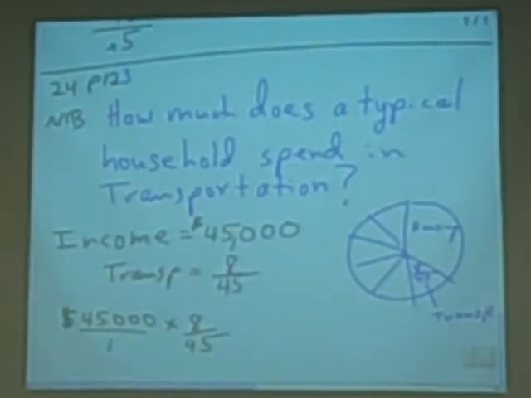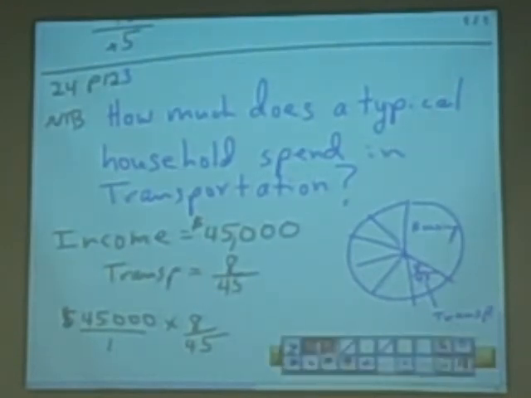So we would put a 1 under the 45,000. And so from there, what can we do? 45 into 45,000, right? And that gives us what? 1,000, right? Now if you had to do it long division,